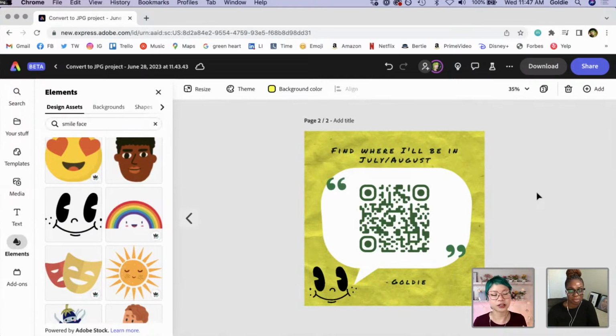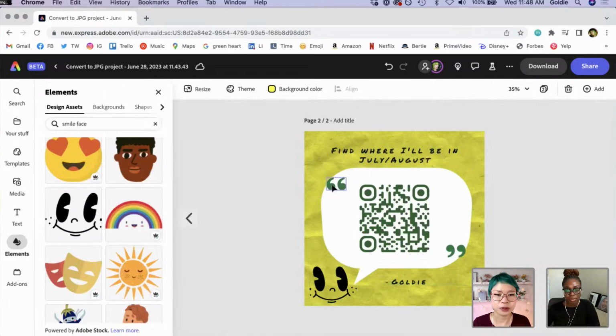So if you are somebody that travels a lot, like I do a ton of speaking, I can now create this cool template that's a QR code that people just scan and then they can find out where I'll be and also get tickets to different events. Which I think is such a fun way to use QR codes that most people don't think about. But there's like a million ways that you can be using QR codes. So this is another way.